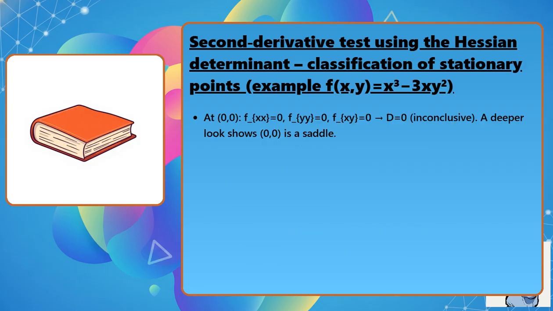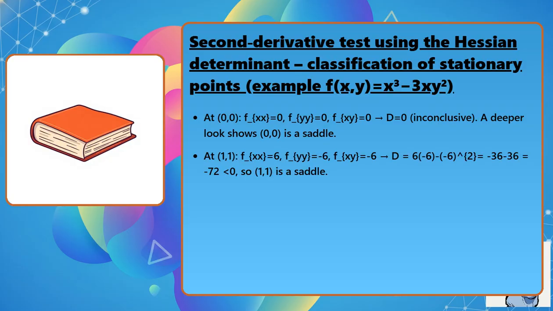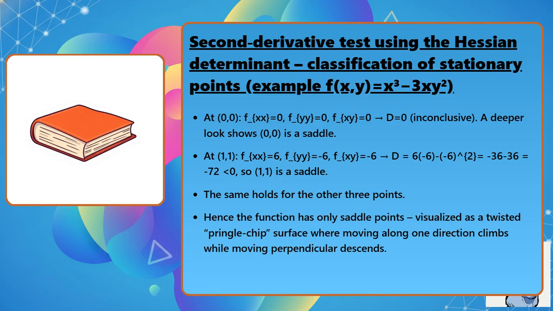At 0, 0, f_xx equals 0, f_yy equals 0, f_xy equals 0, so D equals 0. Inconclusive, a deeper look shows 0, 0 is a saddle. At 1, 1, f_xx equals 6, f_yy equals negative 6, f_xy equals negative 6, so D equals 6 times negative 6 minus negative 6 squared equals negative 36 minus 36 equals negative 72, less than 0, so 1, 1 is a saddle. The same holds for the other 3 points. Hence, the function has only saddle points, visualized as a twisted Pringle chip surface, where moving along one direction climbs